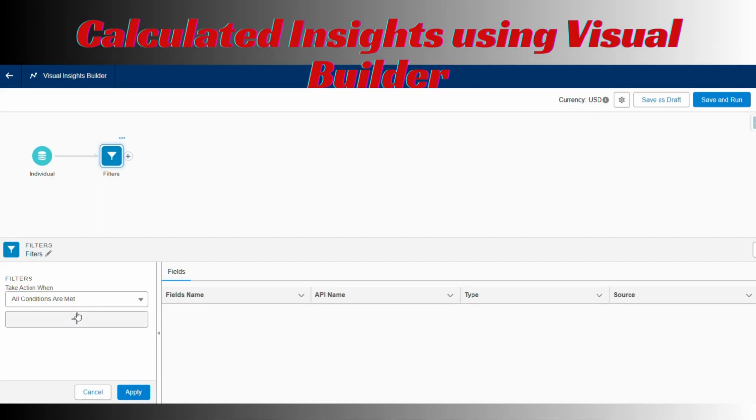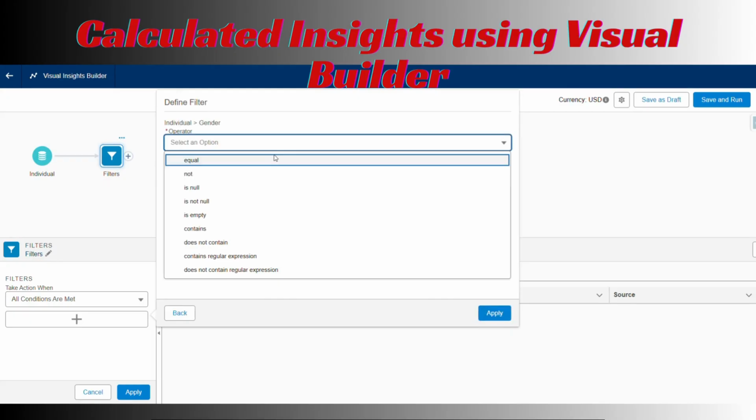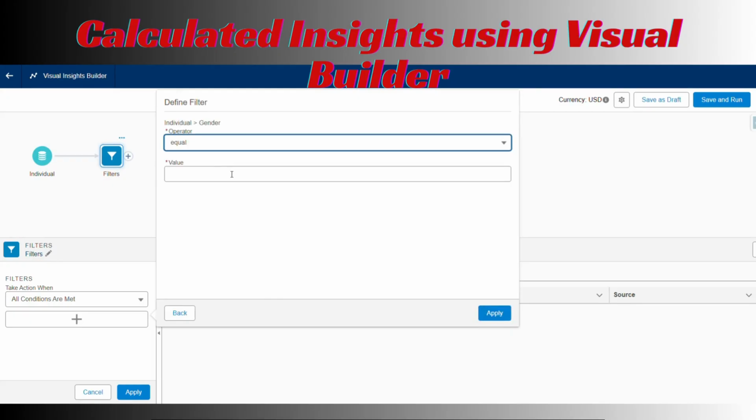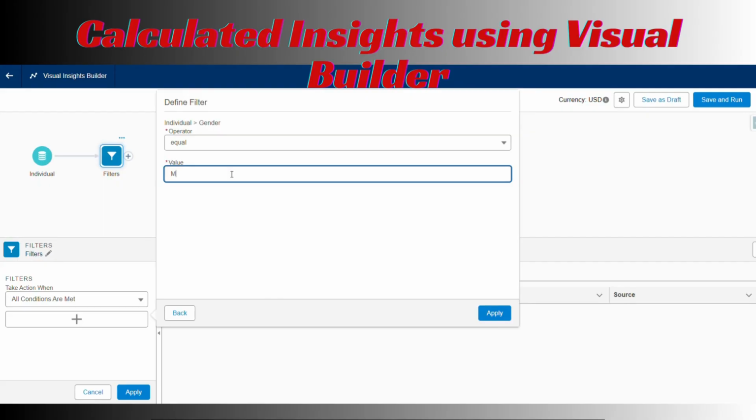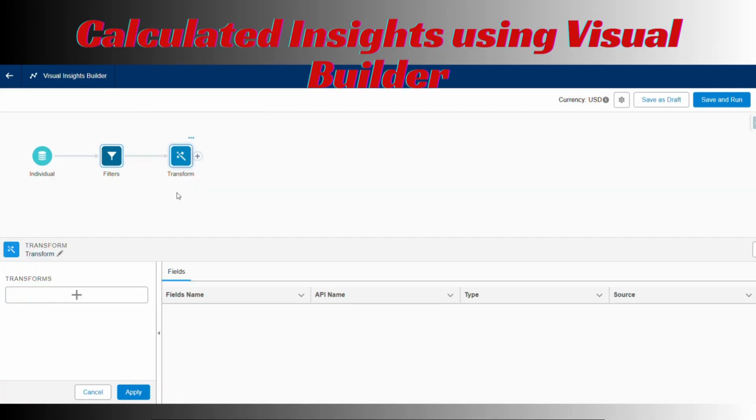Without using a SQL query, you can directly drag and drop and write your filter names and use them. There is no need to write queries, and you can use this directly for your particular scenarios and cases.